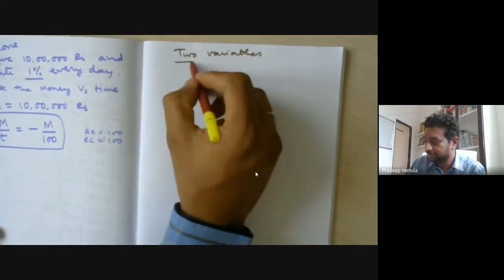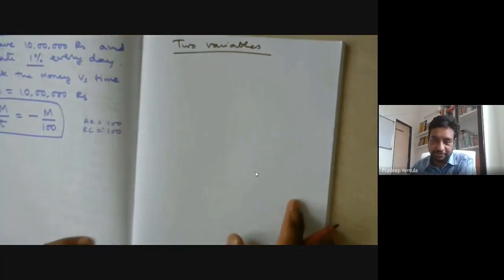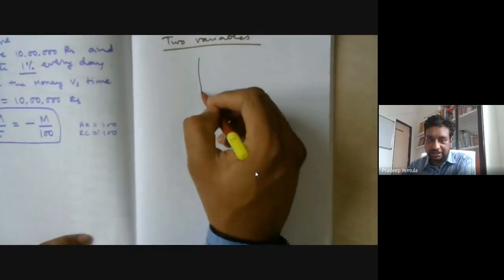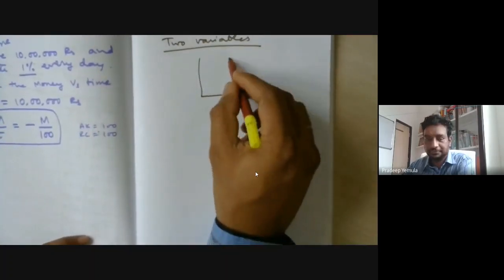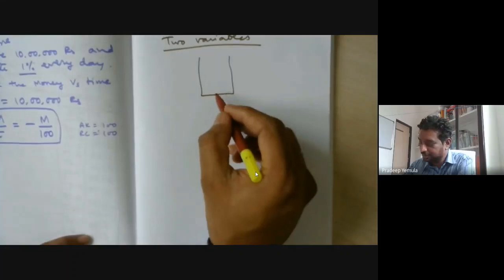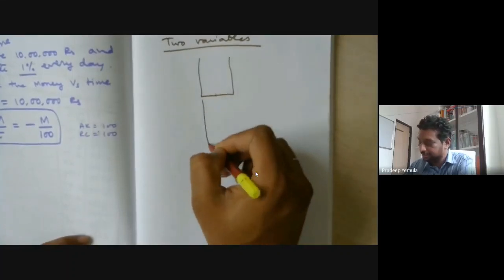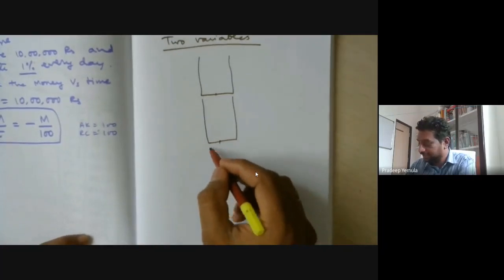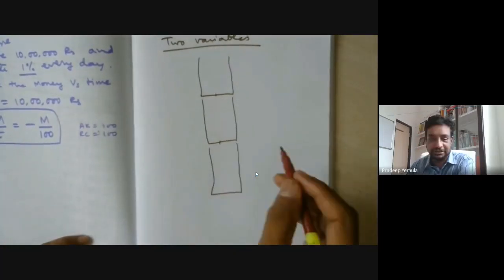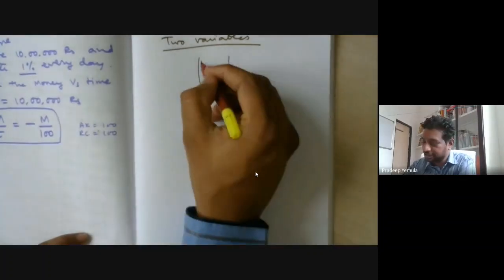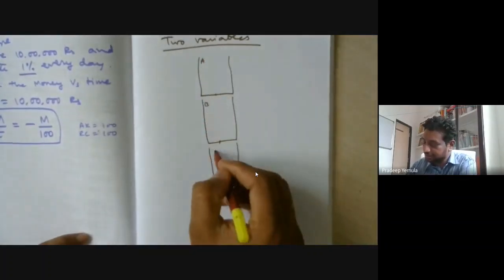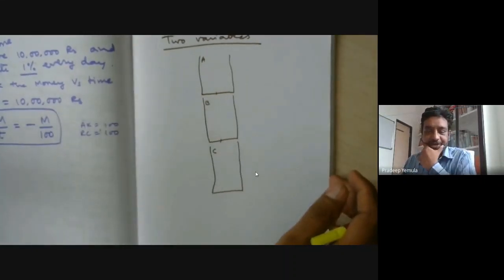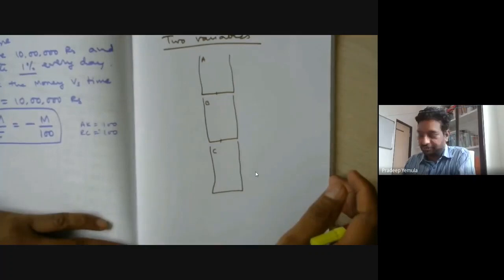So in this example, what I can do is the same setup. So we have a jar like this, which has a small hole here, and one more I'll keep under that. Even that one has a hole, and then finally one more I'll keep here, like this. Let's call this A, and the second one B, and the third one C. So I have A, B, C, three jars, which are kept one on top of the other.